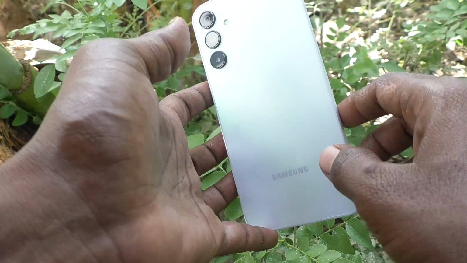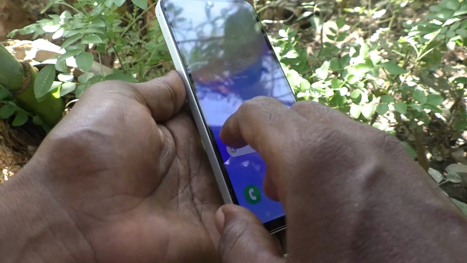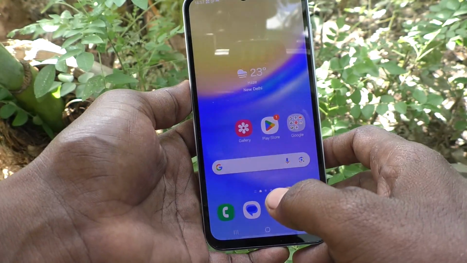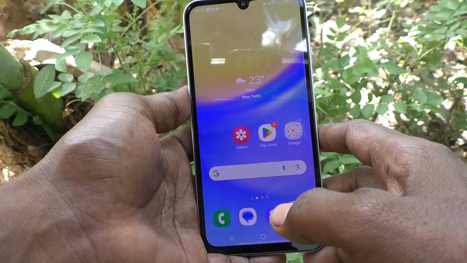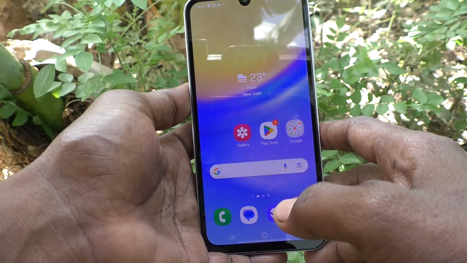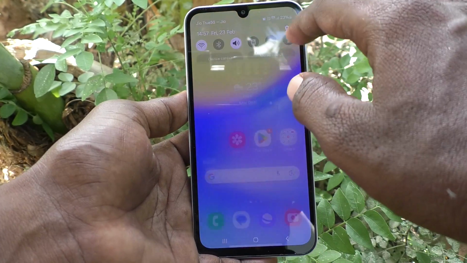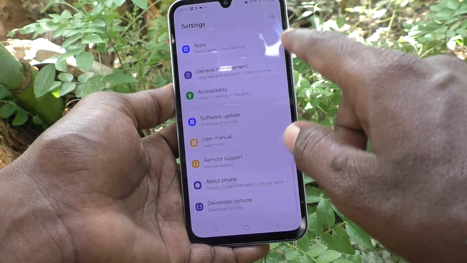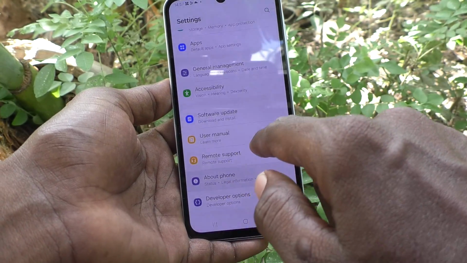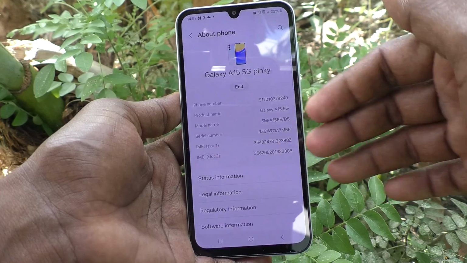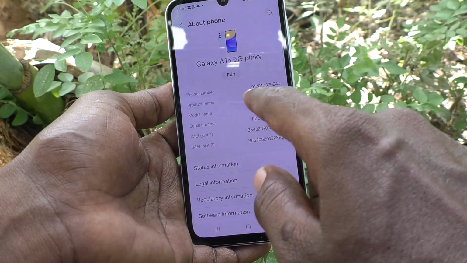Here is Samsung Galaxy A15 5G smartphone. In this video, you will learn how to check about phone options in your phone Samsung Galaxy A15 5G. First of all, go to the settings of your phone here. Then go to about phone here, and here you can find a lot of information like a phone number that